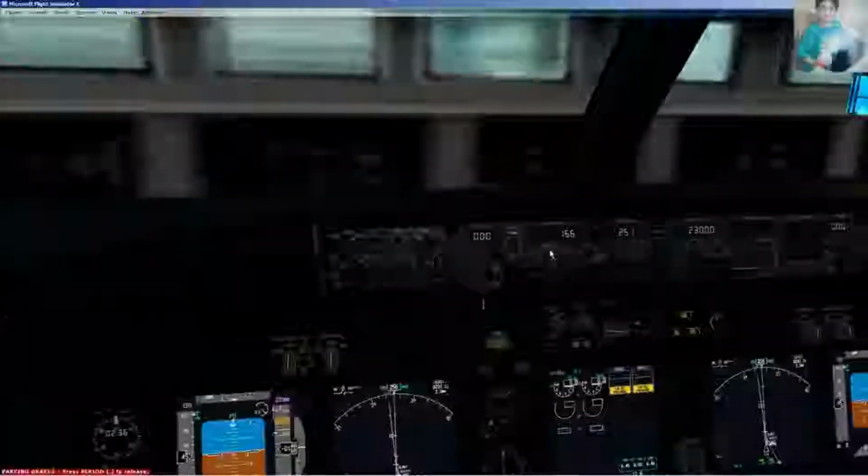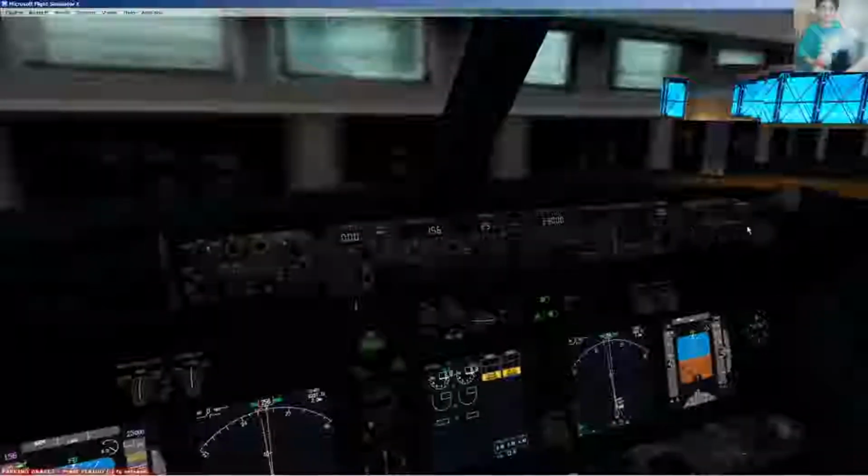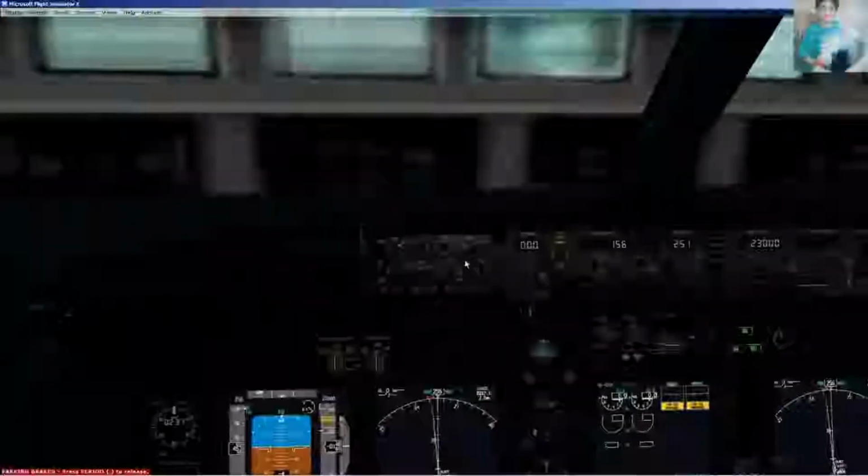And we'll get the VORs on, actually, because we'll probably do the VOR approach. We'll just get them on now just to get us prepared. And then we're going to go ahead and get the...